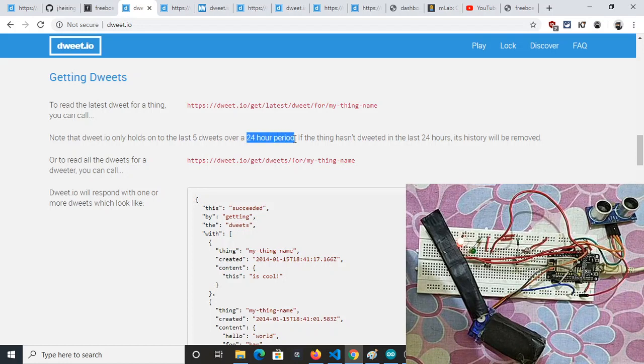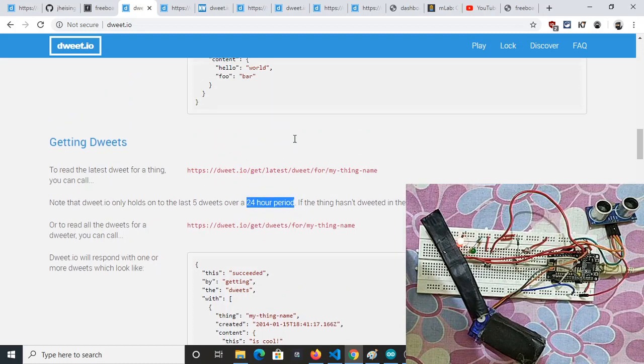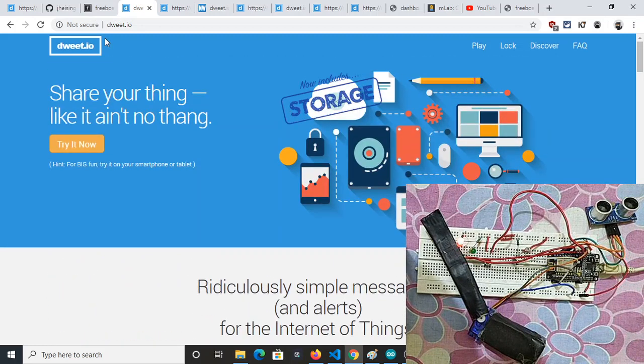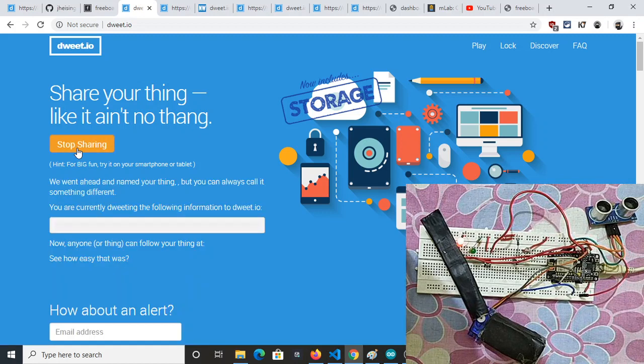If you are building a real-time web application where you don't need to store data after 24 hours, and you are focusing on the current data coming in, visualizing it and making analytics on it, you can use this API. And the API is very simple, as I have already told you. Apart from that, you can also do some good visualization, as this Doit.io service is directly connected to Freeboard.io.